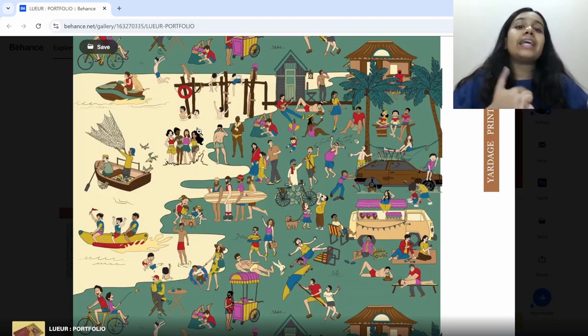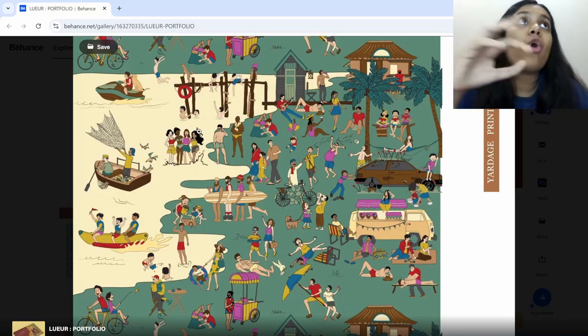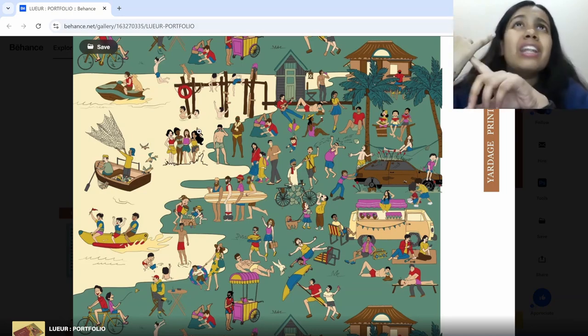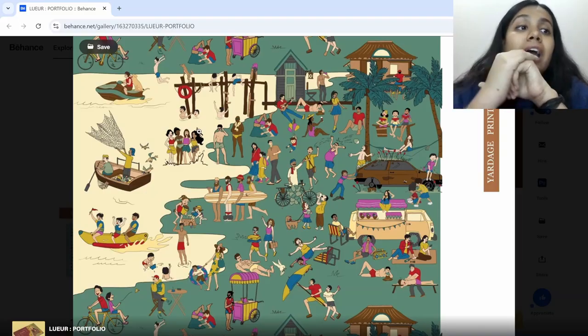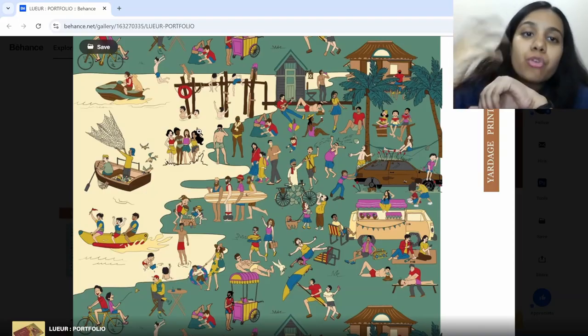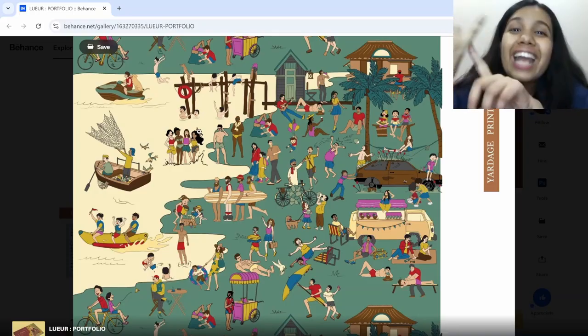Also one thing, guys, after making this print, I got it printed on a lot of fabrics for testing. I did it on velvet, I did it on hosiery, I did it on muslin, I did it on rayon, viscose, on different types of fabrics. I even tried it on chiffon also. I tried it on brocade fabric also.